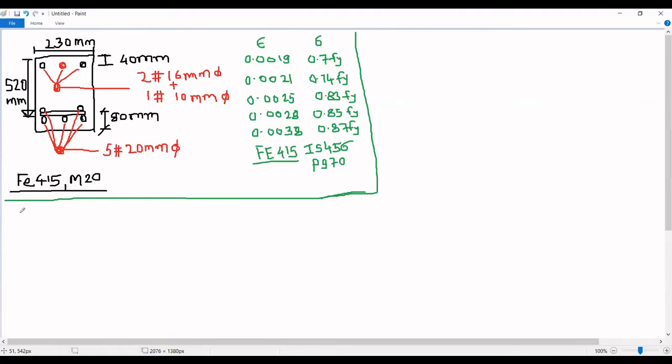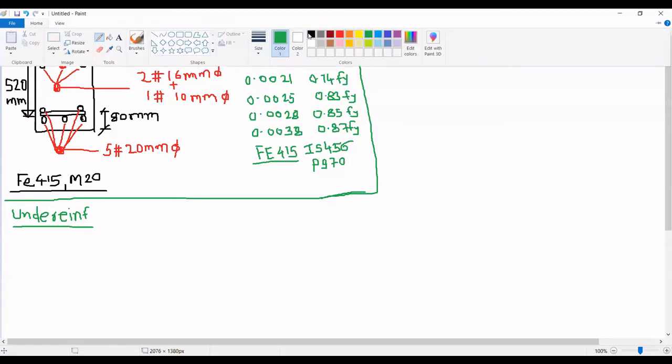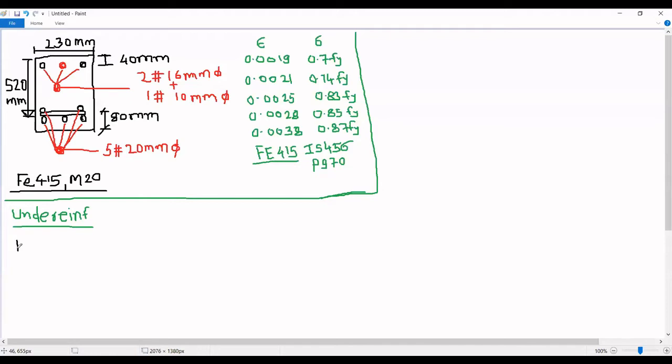The first thing that I do is I assume the section is under reinforced. If section is under reinforced, at failure, the tension steel is going to be stressed to the value 0.87 Fy, and therefore I can straight away write down the value of tensile force Tu equal to 0.87 into Fy, which is 415 in this case,